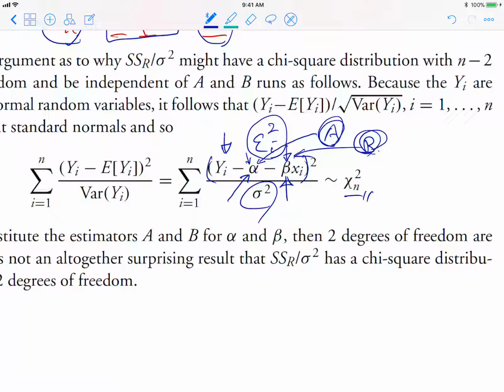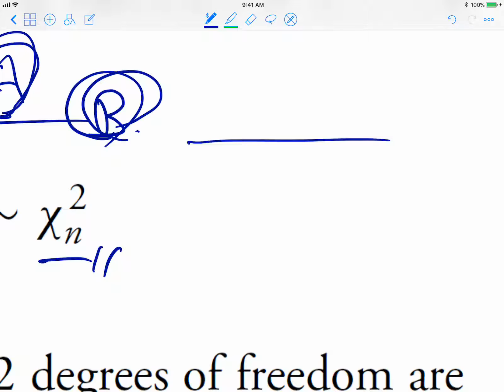So if you remember this case, we know the true mean value of a dice roll is 3.5. But if we observed maybe 4 and 5 and maybe 3